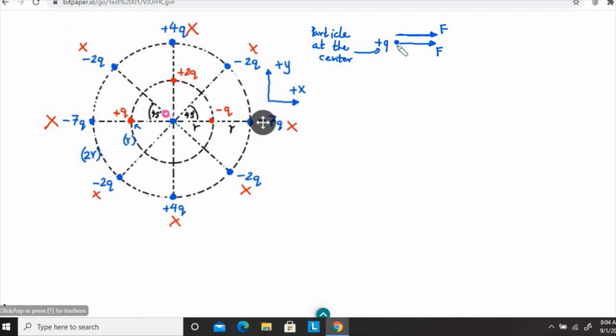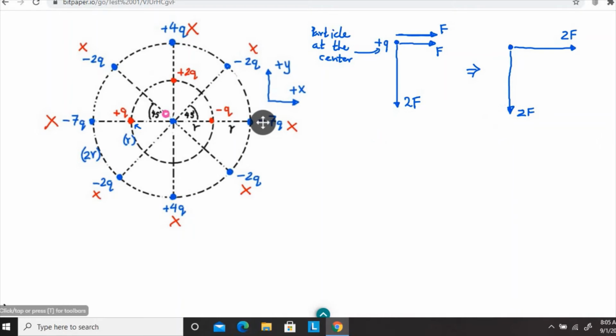So as a result, I can show that force as 2F. So then further simplifying this vector diagram, I'll have 2F in the positive x direction and 2F along the negative y direction,